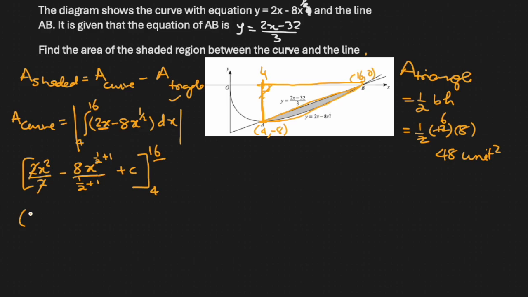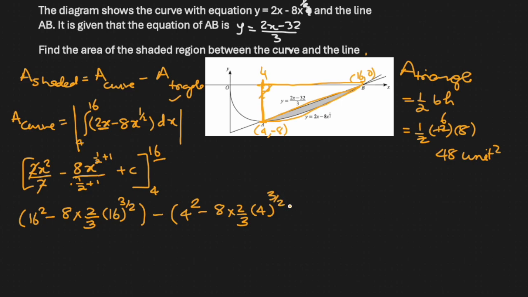So 16 square minus, this is 3 over 2, so 8 times 3 over 2, because it's a denominator, it will become 2 over 3. Then 16 to the power 3 over 2. I'm ignoring c this time, minus 4 square minus 8 times 2 over 3, 4 to the power 3 over 2,